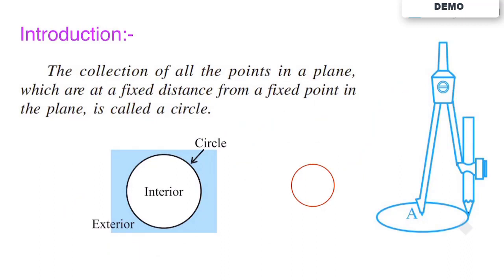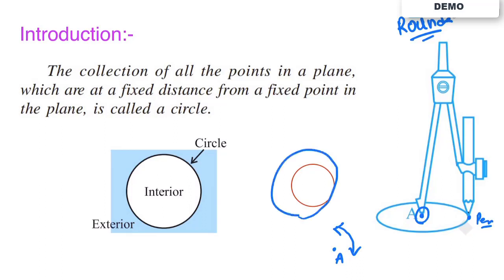Before defining the circle, let's know how you draw a circle in your copy. You already know it, but let me recap it quickly. We have an instrument that you may find in your geometry box, that is called a rounder. From the rounder we have 2 points, one is the fixed point and another one is your pencil point, where your pencil touches the copy. The fixed point is A. Wherever you want the center of the circle, you put that point at point A, then you move your pencil freely in either direction, and when you move it completely you will find a circle drawn.